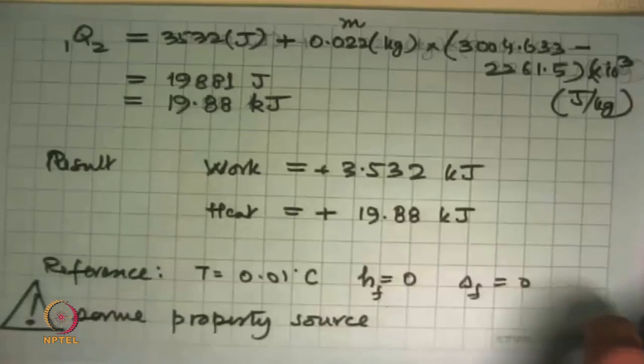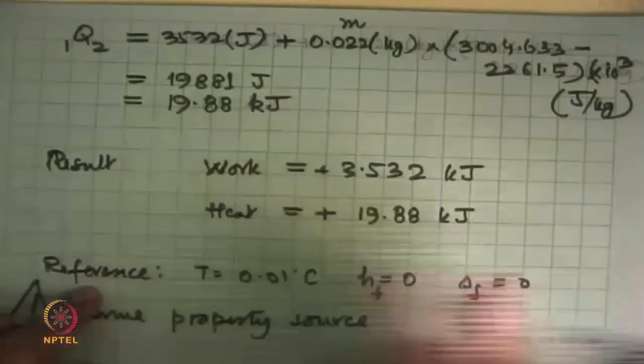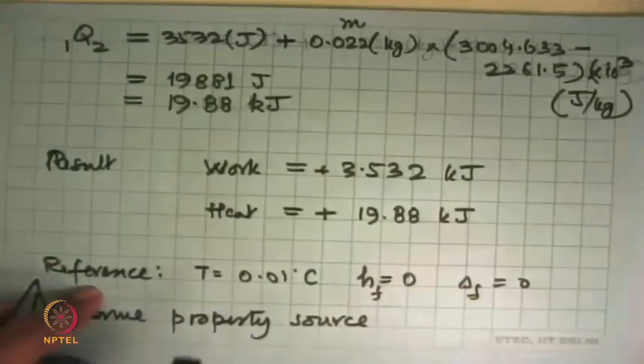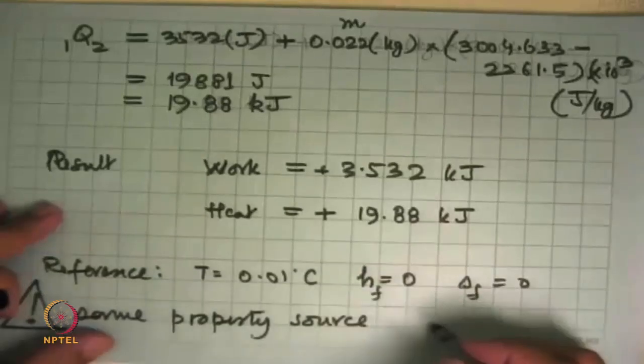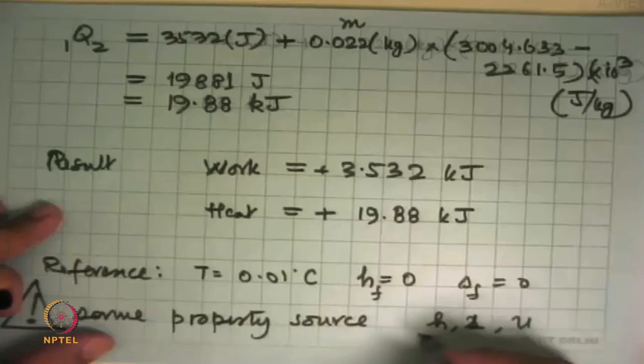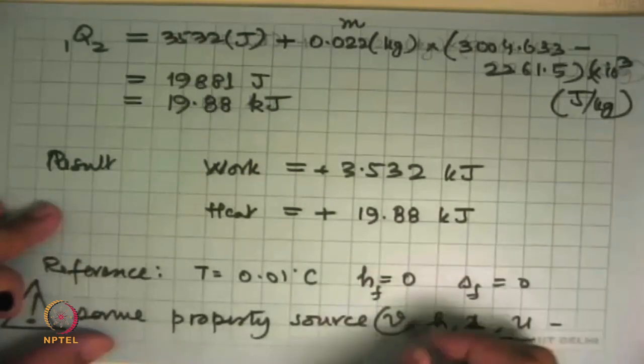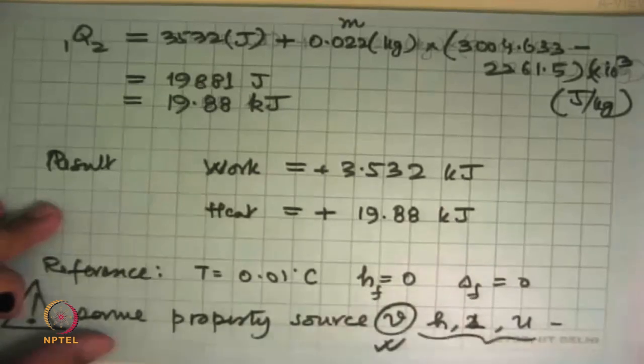There are only a couple of cases where numbers will be very drastically different, and that is for certain refrigerants where the reference states have been chosen differently by different sources. So what will happen in the calculation is that values of H and S and U, which are all dependent on the reference state, will be different. Values of V will be the same everywhere. That's not going to be an issue.